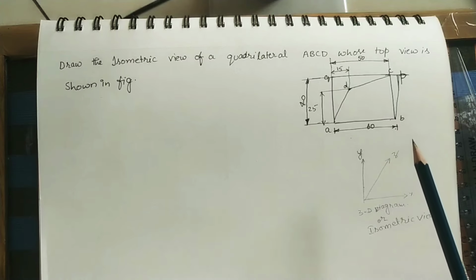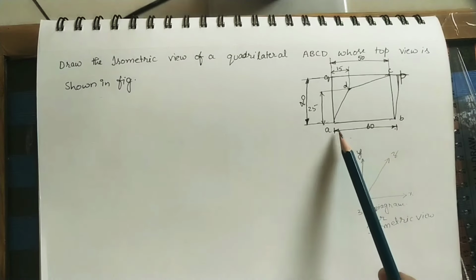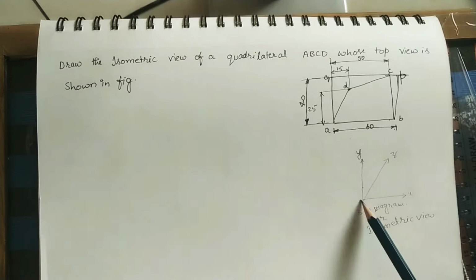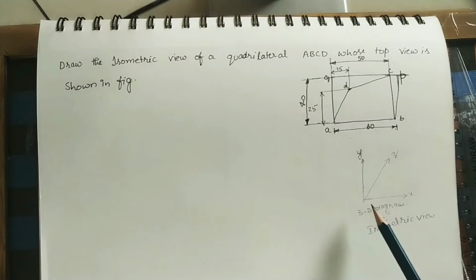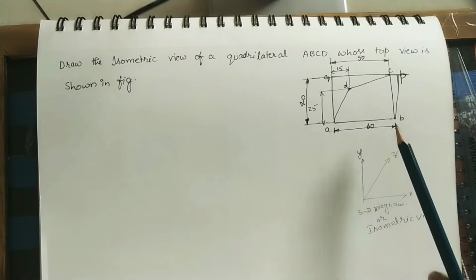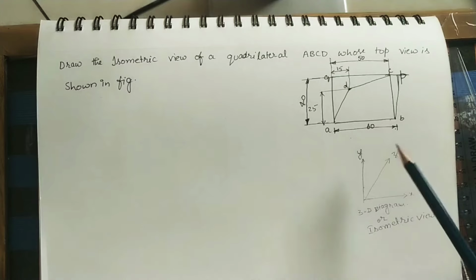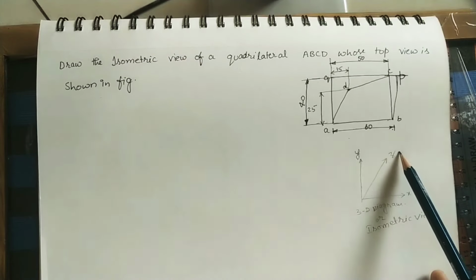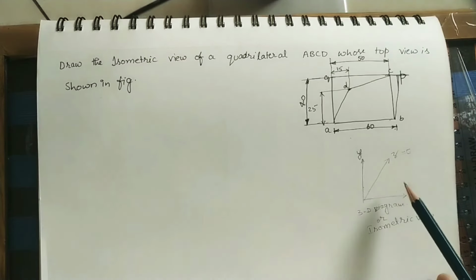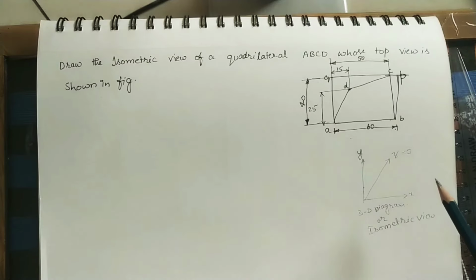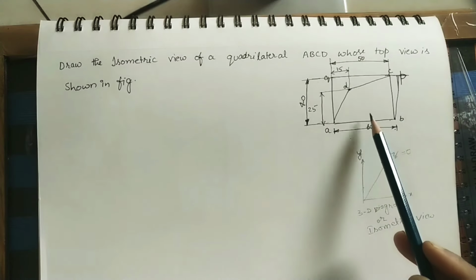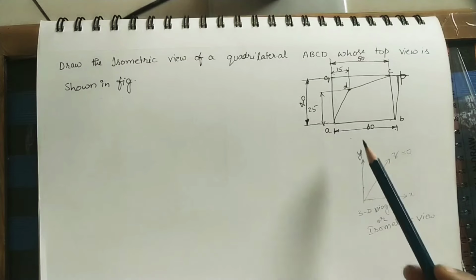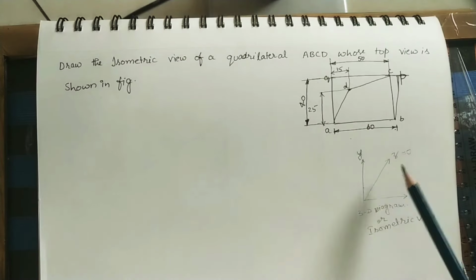If you are taking the given diagram, in the x direction it has one value, 60 mm, in the y direction it has 40 mm, and the z direction indicates thickness. They have not given any thickness in this diagram. The meaning is the thickness is 0 here, negligible thickness. Only two dimensions have been given. If two dimensions are given, we call this diagram a plane. For a plane we are taking negligible thickness.